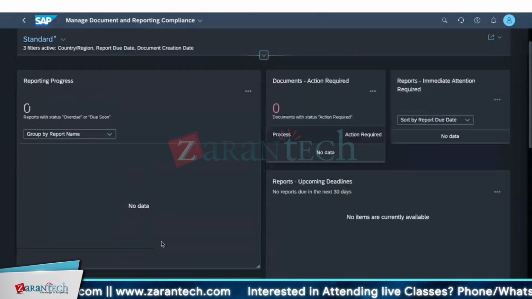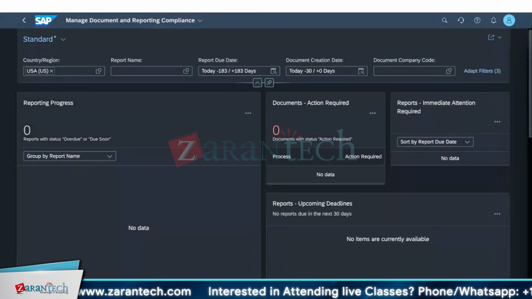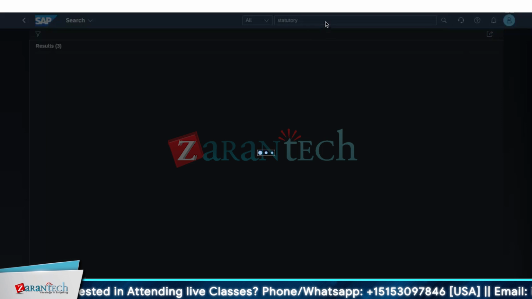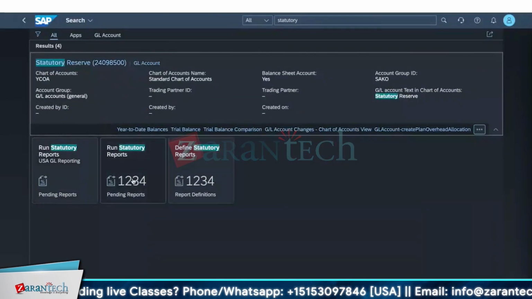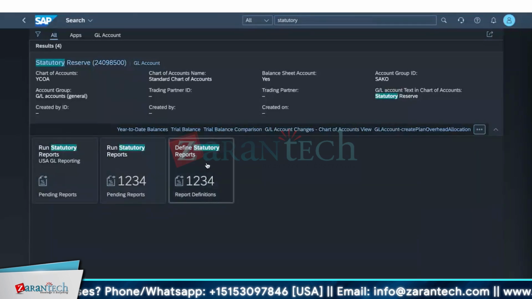Okay, there are many other filters also there. The moment you generate the balance sheets and all these things, I'll come and show you these also. Okay, let me go into this one. This is called run statutory reports for pending report definitions. If you want to define a statutory report, you can go and define your statutory report here. If you click on this app,